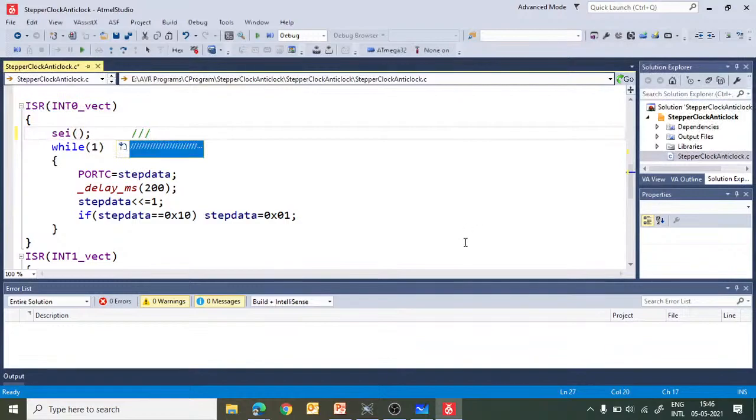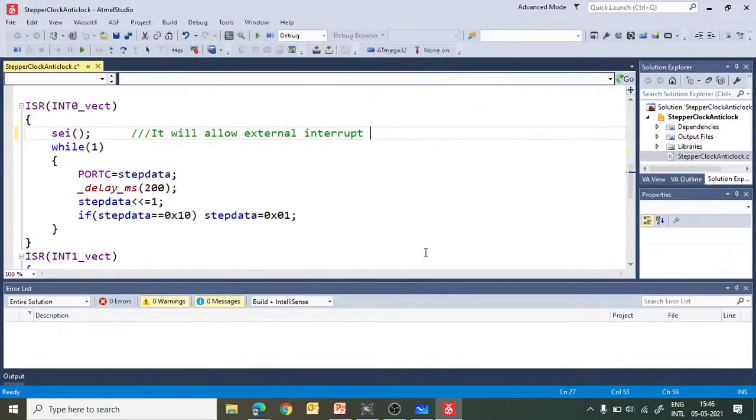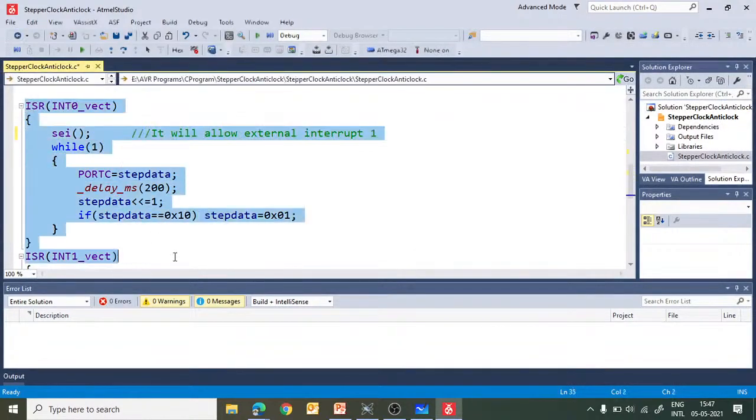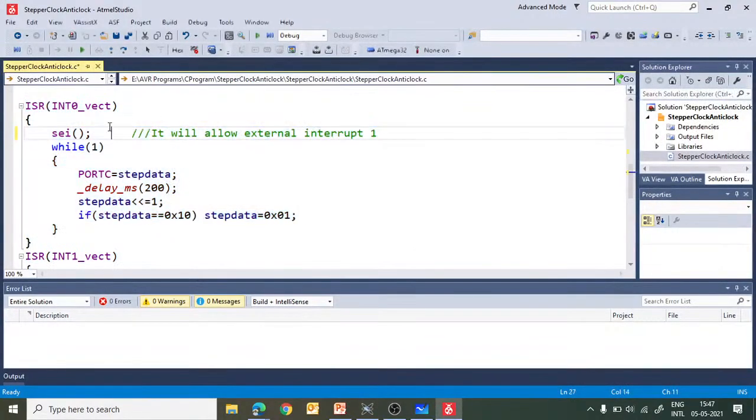We want to allow external interrupt 1 while we are inside this interrupt service routine, right? So that's why this is required. If you do not do this, what will happen? Your microcontroller will be continuously in this interrupt service routine, because it is a while(1) loop, otherwise an infinite loop.